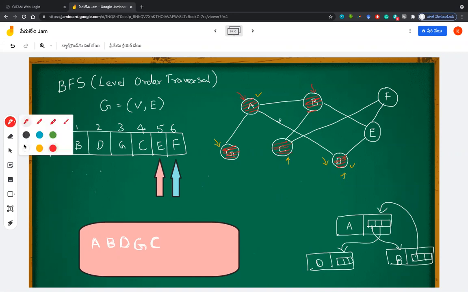Coming to E, E has connections with F, D, and B. So you can say that B, F, and D. But by this time, B is satisfied, D is also visited and satisfied to be printed. F is there in the queue. Even though it is not visited, still F is visited in the sense until we print it, until the front comes to that, we cannot say visited. So F is still not visited, but there in the queue. So nothing more to do with E.